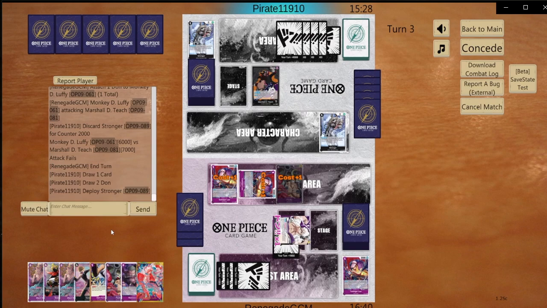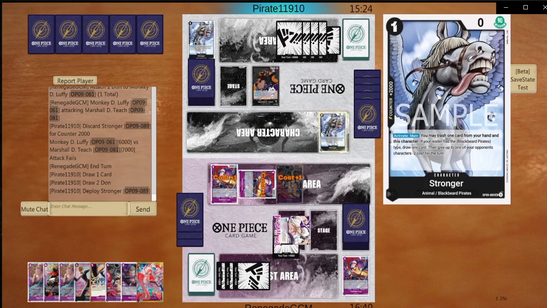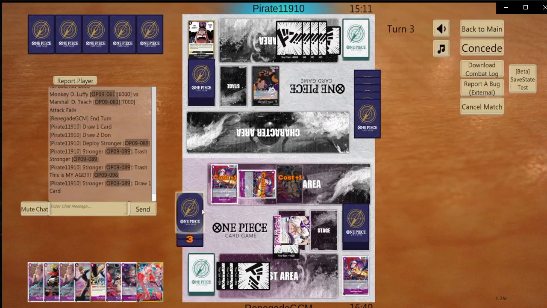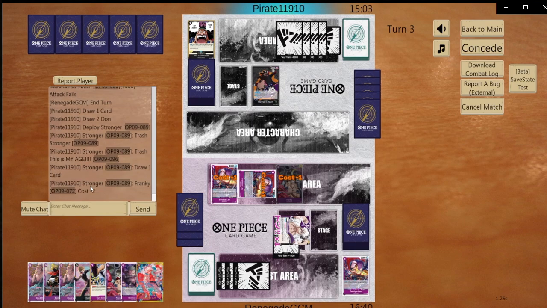So here the opponent's going to deploy Stronger. He can trash a card from hand and this character. If he has a Blackbeard Pirate leader, I think he gives it like -2 and then draws a card on KO or something like that. So he trashes, draws it and gives Frankie -2, which is fine